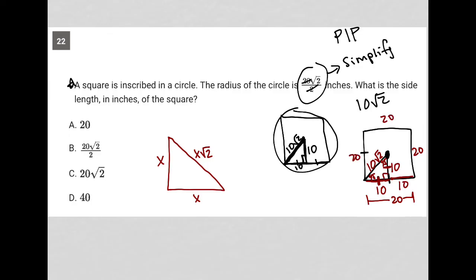What's the question asked for? What is the side length in inches of the square? Well, we just found it. It's 20. So our answer here must be choice A. So just to make sure you saw that, I'll show you a completely